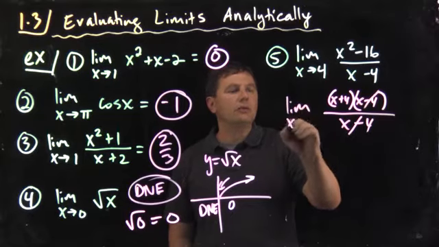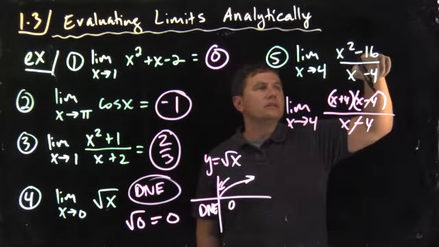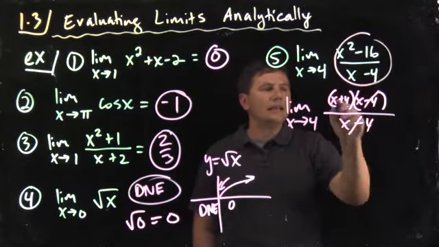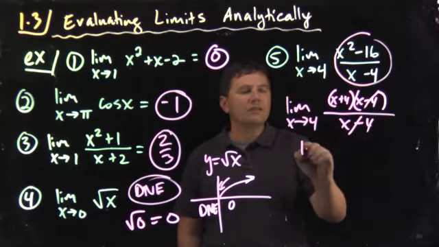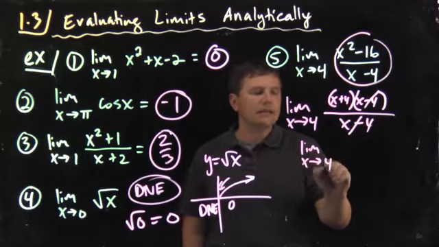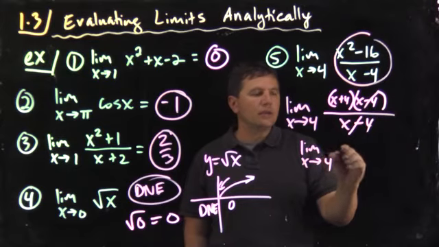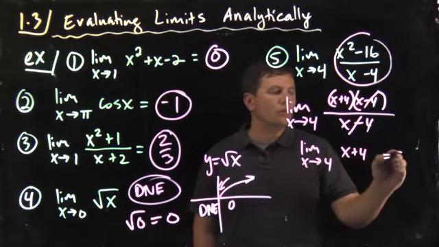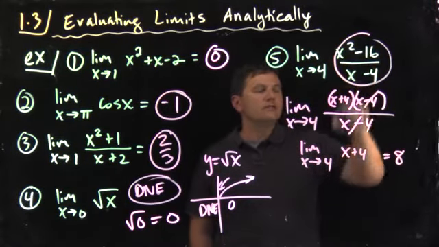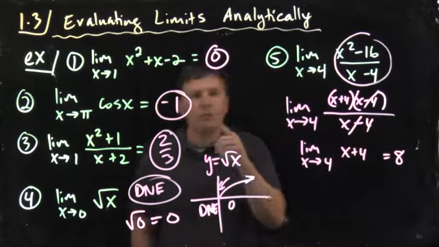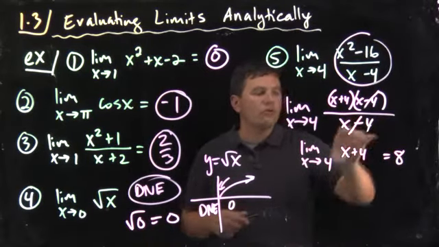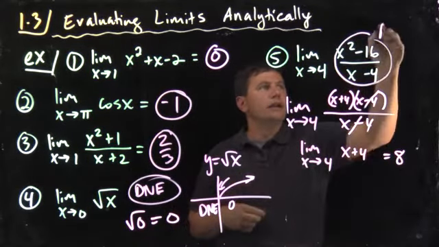Now let's be clear about this. This function right here is not equal to x plus 4, but the limit is. And that's the important thing. So the limit here is equal to 8. These functions agree for all but one point. So if we were to graph this function right here,